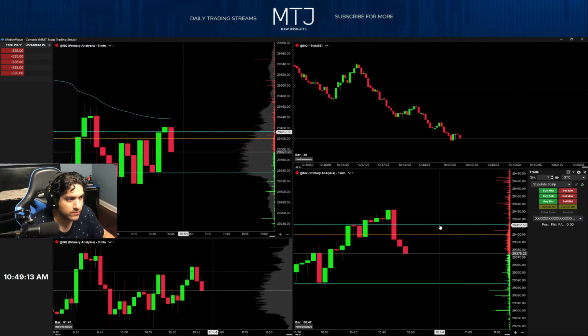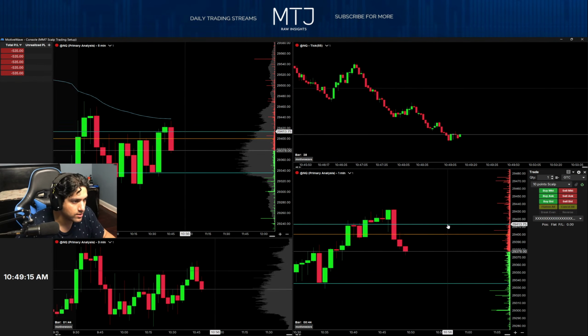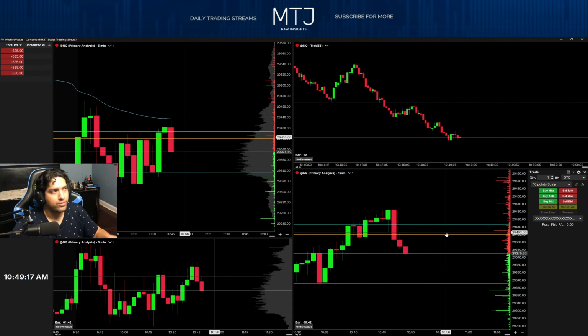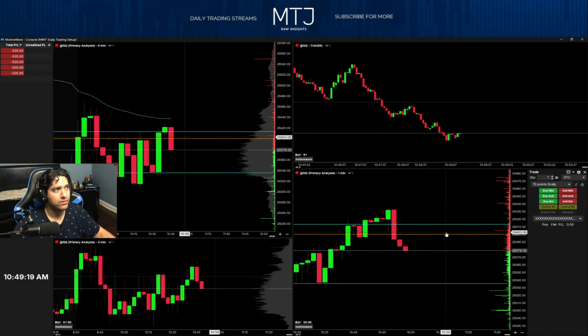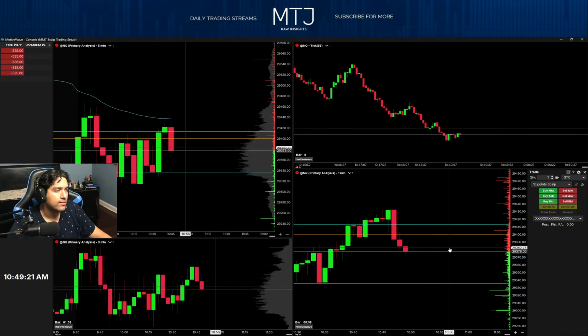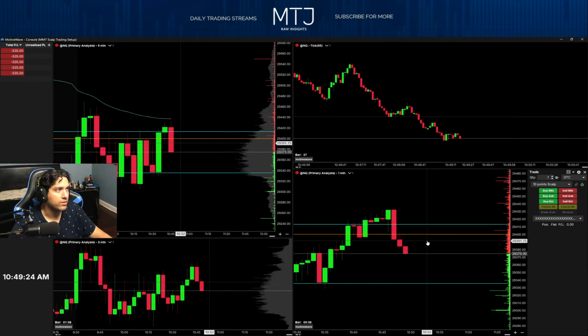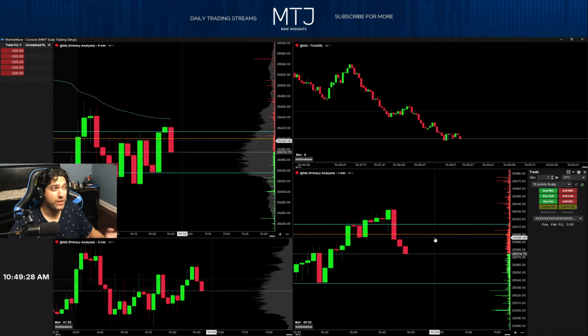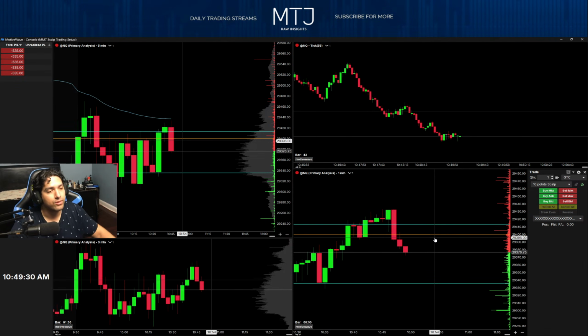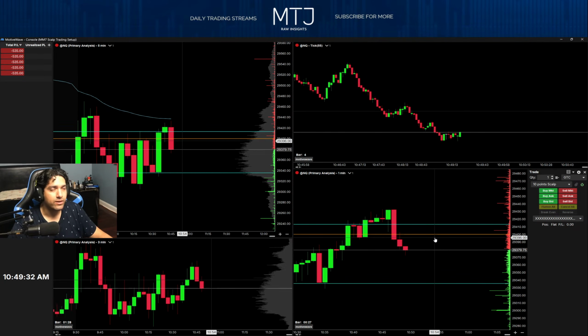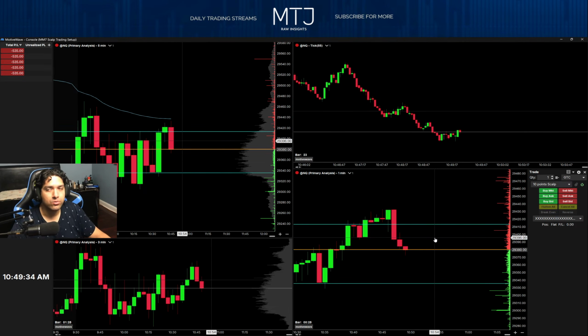How many points is this value area high and the point of control? Let's see, 413 and 400. I mean, that's 13 points. I don't mind taking a 13-point stop loss. That's completely fine with me, right? As long as it's not getting to the 20 territory, past 15 is something I really consider. So actually, now that I think about it, I'm just being a little bit too harsh, but